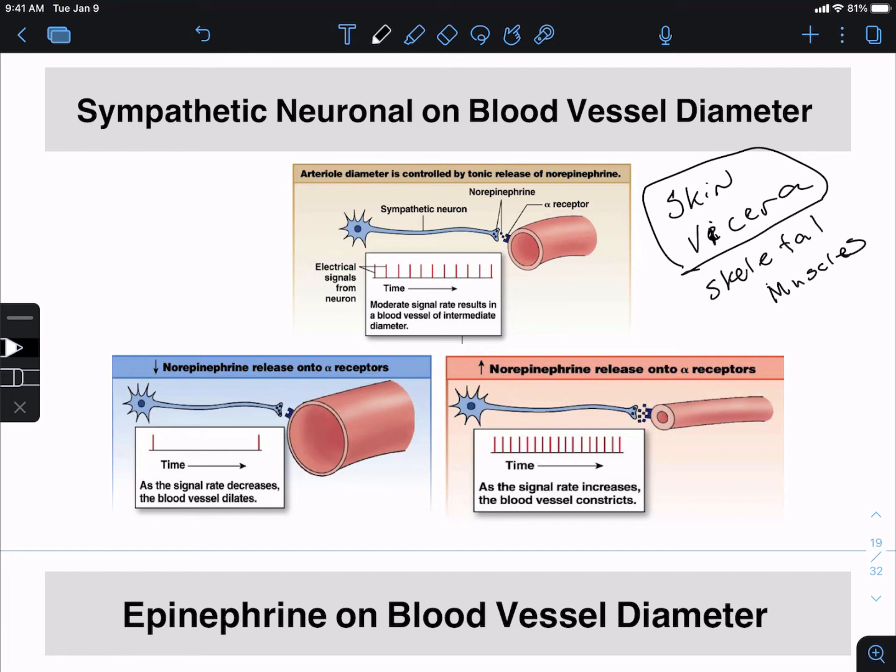And so again, if we look at this one has the alpha receptor. It's actually the alpha-1 receptor. And so if we get activation on the sympathetic neuron, this would be the postganglionic, but we would see a similar pattern on the preganglionic neuron. If we get electrical signals, we might have a normal level of dilation like so. And so that neurotransmitter that is being released by the sympathetic nervous system is norepinephrine, and that norepinephrine is binding to the alpha adrenergic receptor,